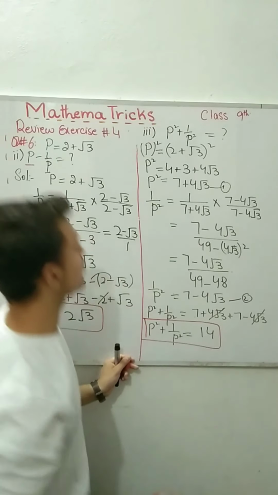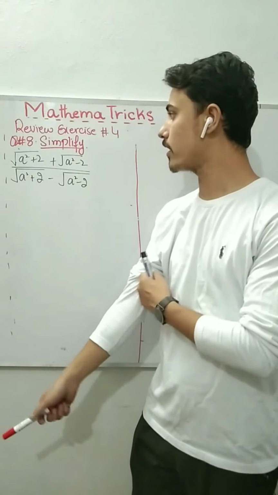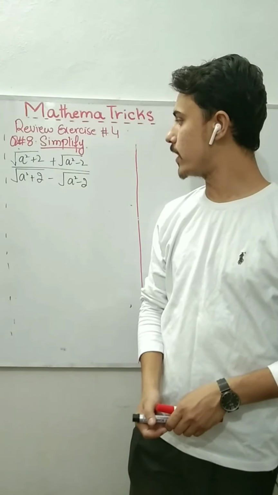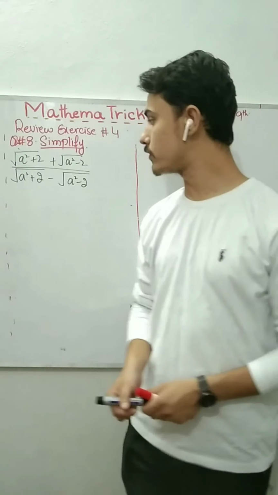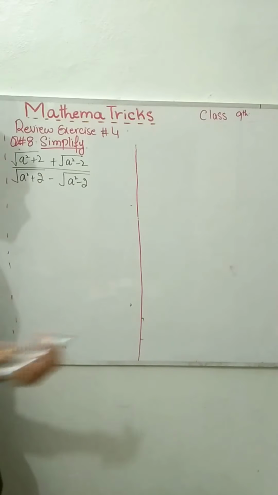4 or third. So here you have given question number 8 of review exercise 4. Question number 8, we need to simplify this question. So here you have 4 different square root values. You have a surd, a bigger surd here. We need to solve it. Let's start. How to solve them? Okay ji, continue with me.